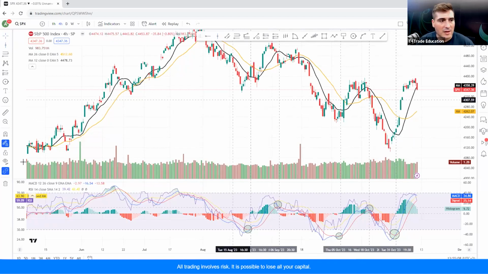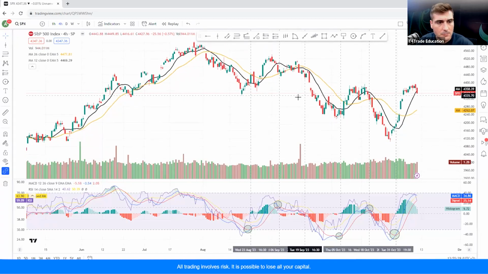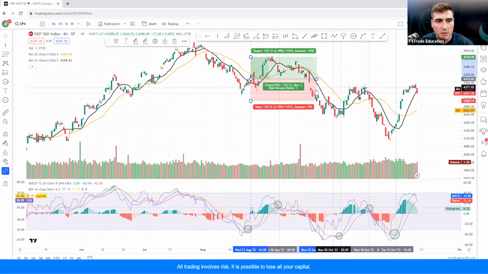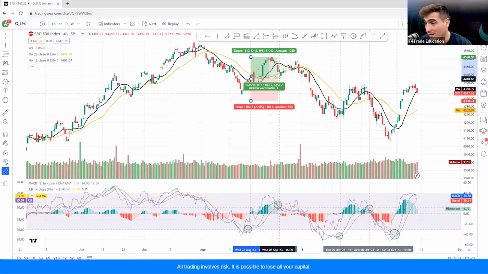Okay, so we have outlined when the signal was given by the MACD indicator, and we identified it on the chart to assess whether this kind of indication is valid or not. Let's see. So, bullish crossover down here. This one gives you a bullish sign. Therefore, for experimentation purposes only, let's use this kind of signal as a valid entry point. Let's assume that the signal was given at that specific point in time, and I saw it right at the time that it happened,